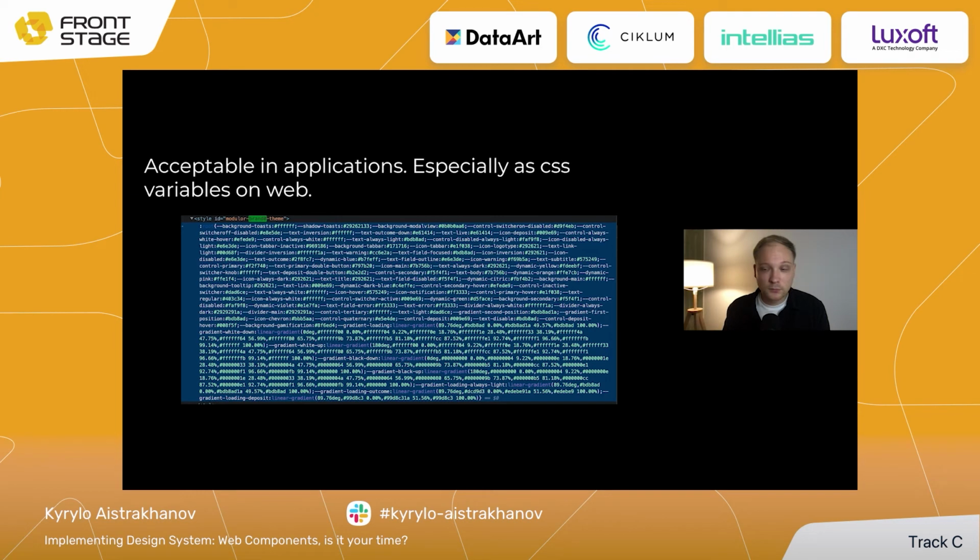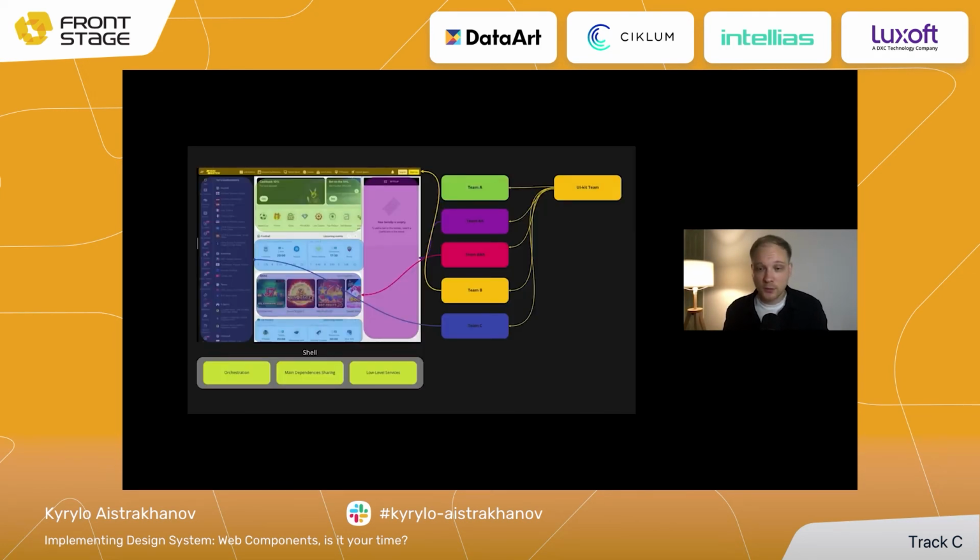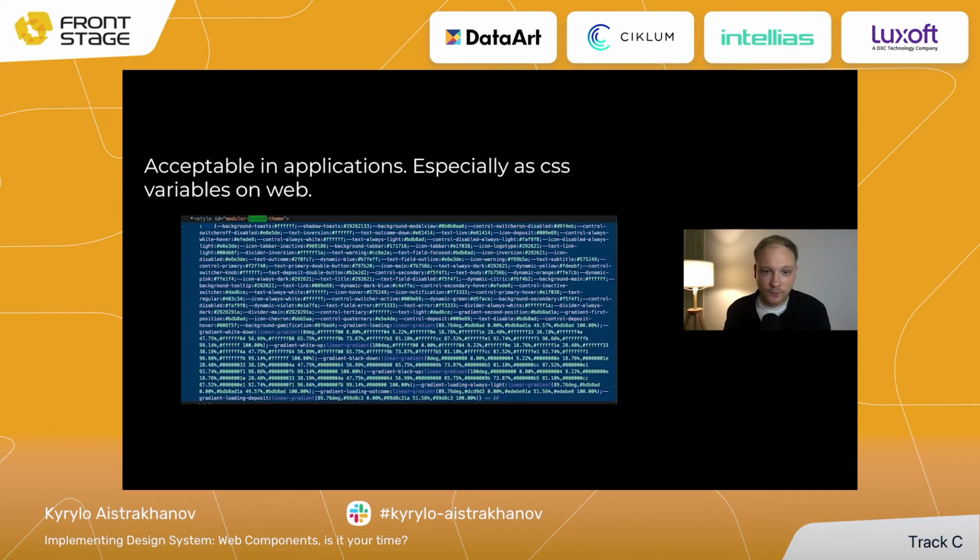And as I mentioned before, because we provide our UIKit as a product and we need some level of abstraction on top of our main product, we just simply use these color tokens as CSS variables that attach to the root of our HTML document element. So it's quite easy to maintain, it's quite easy to update, and it's a very good approach, I think, to provide CSS variables to the entire application.